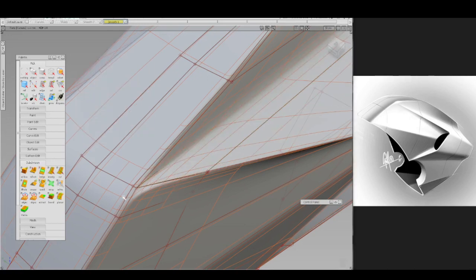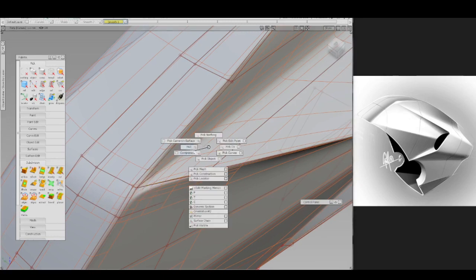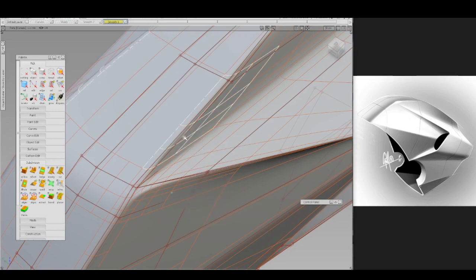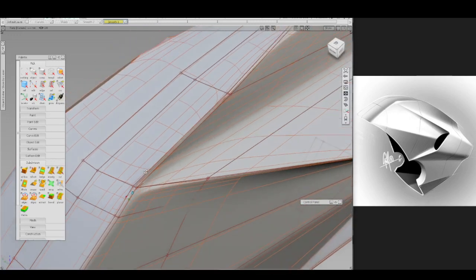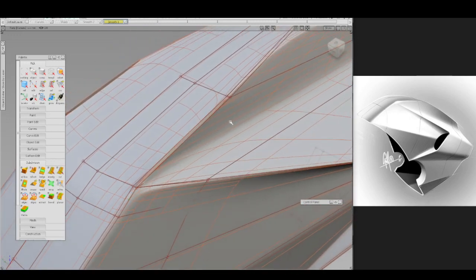Not yet, I guess. Right now I'll do the same thing with this guy. I'm going to delete this, or maybe this guy is the problem. Let's weld these two guys for a bridge. Add a bridge here,